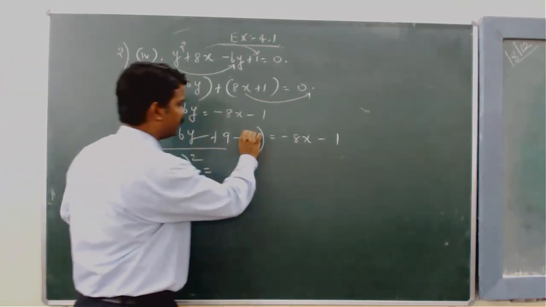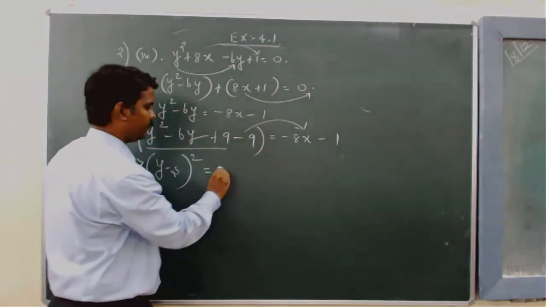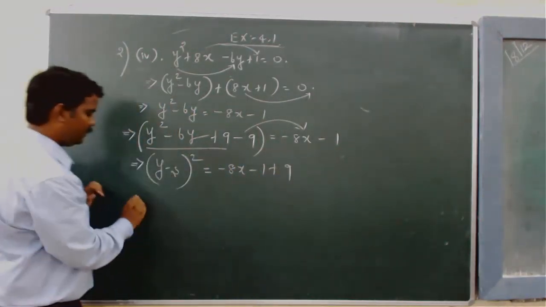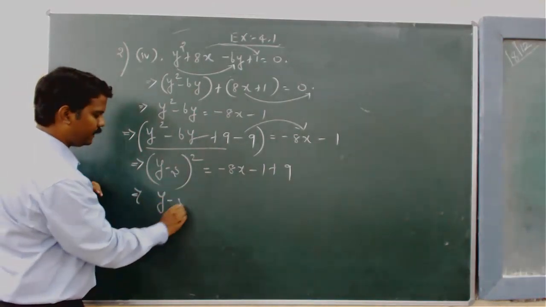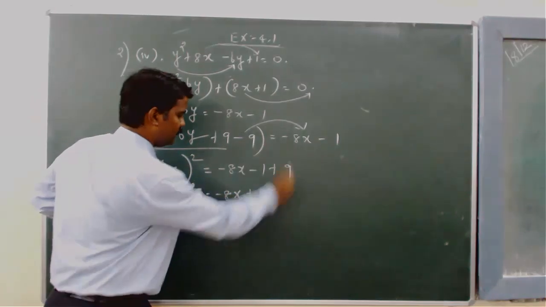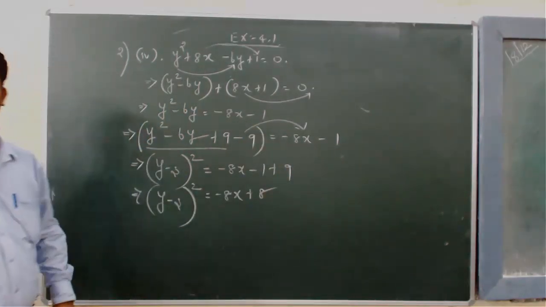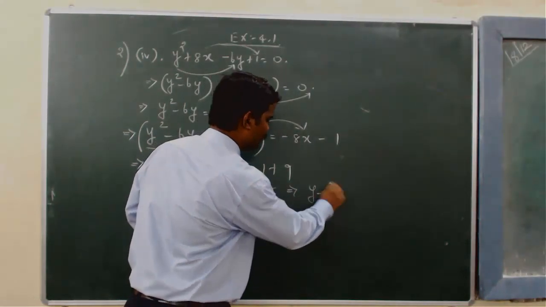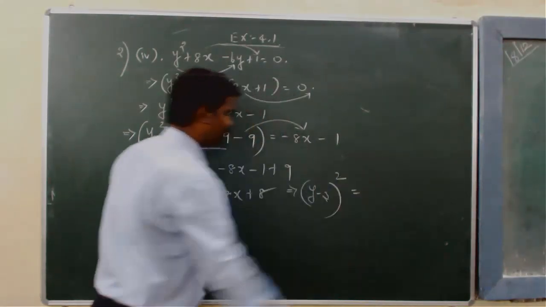Which is equal to, take this minus 9 to the right hand side. You will get minus 8x minus 1 plus 9. And this implies y minus 3 the whole square is equal to minus 8x. What is 9 minus 1? 8, plus 8. And this implies y minus 3 the whole square is equal to, similarly on the right hand side